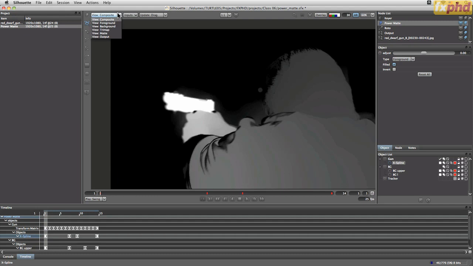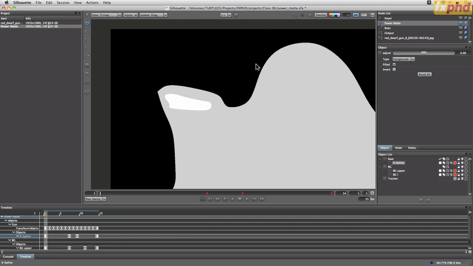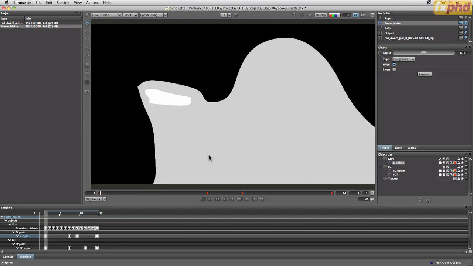Well, let's take us out of composite view and take us into tri-map view here, and let's just full screen this. So tri-map view is starting to give us an indication of what's actually going on behind the scenes. We've got three different colours. We have white, grey and black. Now white is the stuff that we have defined as foreground and is going to be kept in. Black is the stuff that we've defined as background and is always going to be taken out. And the grey